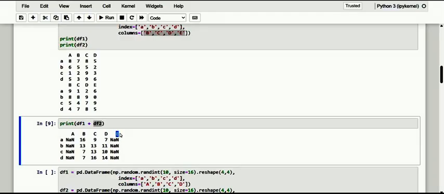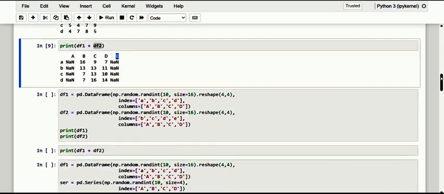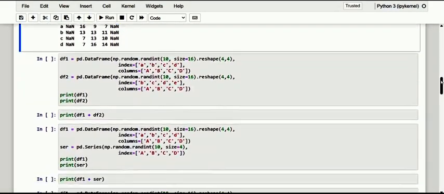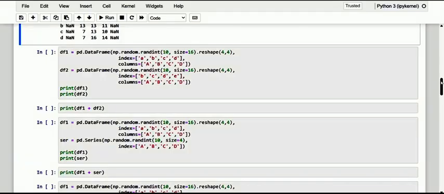Okay, so the columns that do not have a counterpart in the other data frame are in any case added to the result but valued with the NaN value, that is, not a number, or you can just say it is a missing value. The same goes for the rows. So if we perform some arithmetic operations between two data frames that have only some labels in common, we are just going to make some operations. So kindly have a note of what we are here to do.